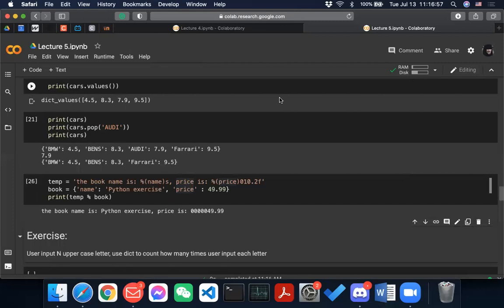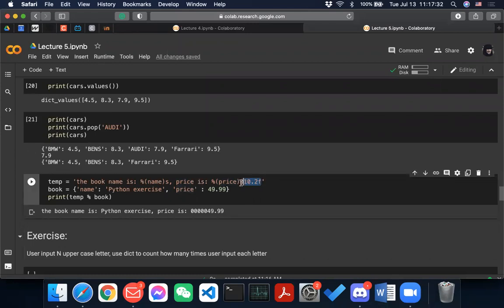You can also use a dictionary as a parameter to pass into a string. So you can see here the temp: the book name is, and then you do percent, then a bracket, and this bracket is the key. Then you do s, which means this is a string, and then percent price, right? This price is also a key in this dictionary, and then you can format this.